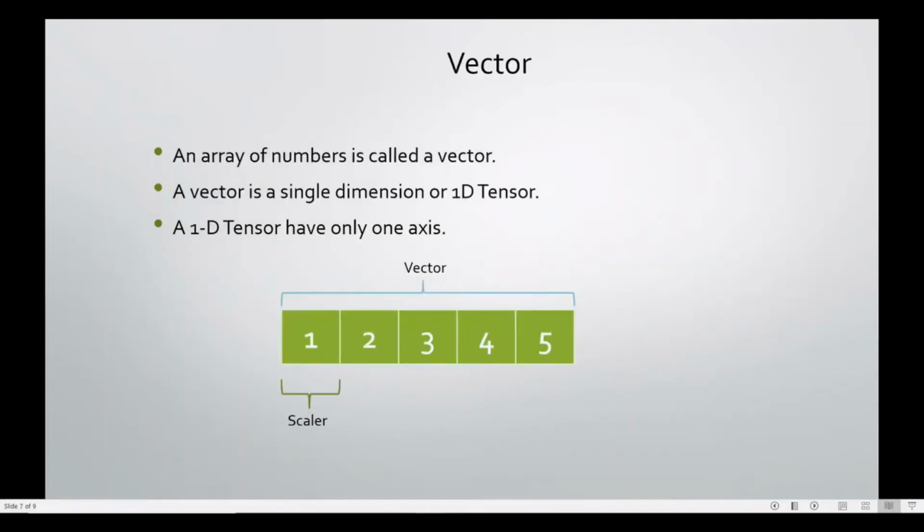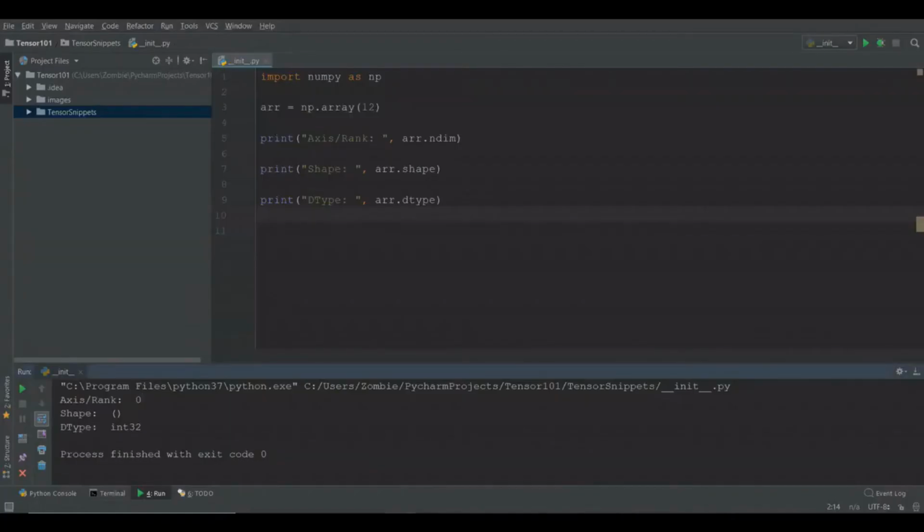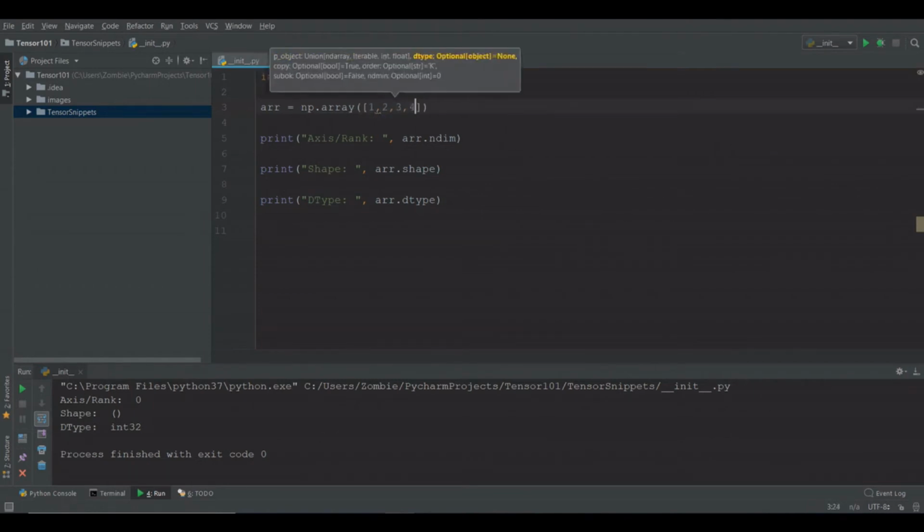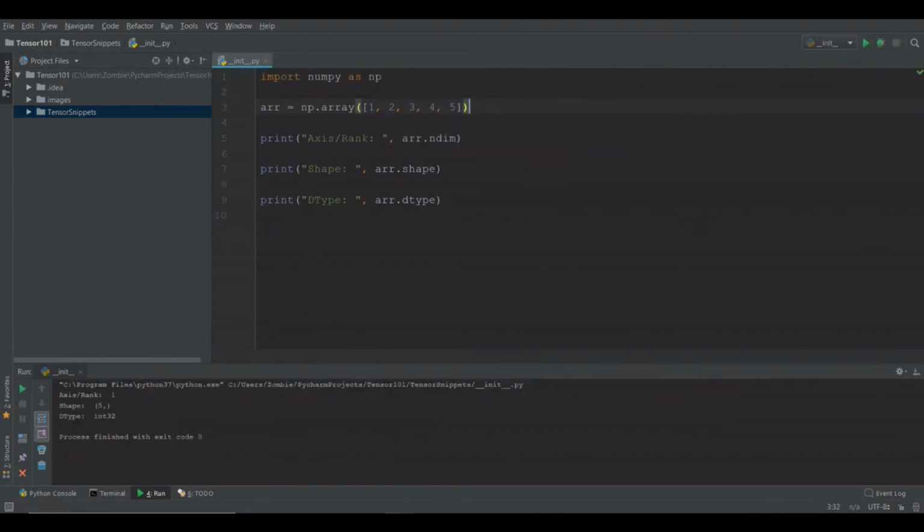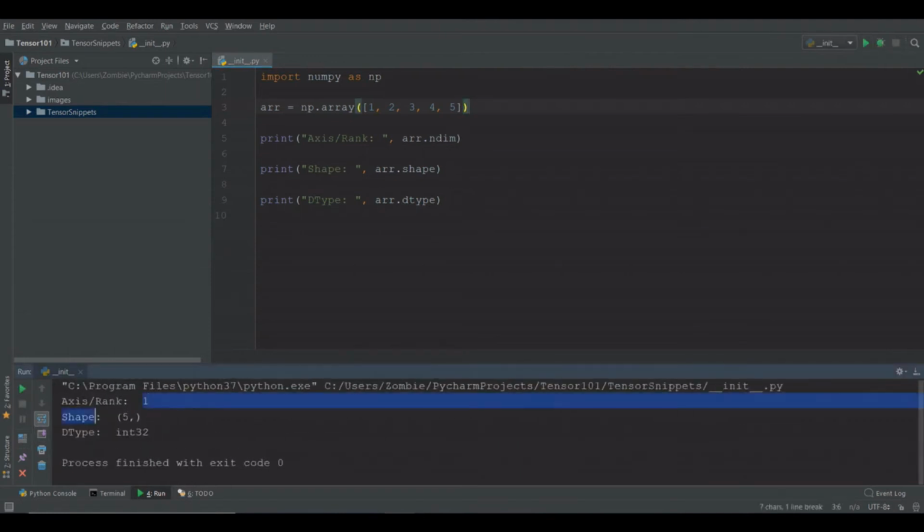Now move to vector, that is an array of scalar or numbers. A vector is a single dimension tensor having only one axis. So if we wrap a few scalars in an array, and run the same code again, we can see that the rank is 1, which also represent axis.